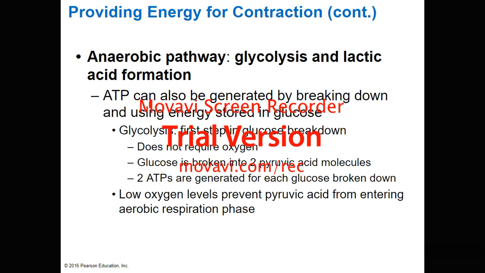If you can't do that, then what happens to the pyruvate? In order for glycolysis to continue, you generate electrons when you go through glycolysis, but you need somewhere to donate those electrons. So the pyruvate can become the electron acceptor, so that glycolysis can continue. The pyruvate is converted to lactic acid. Okay, so lactic acid is like a byproduct of the pyruvate becoming the electron acceptor, so that glycolysis